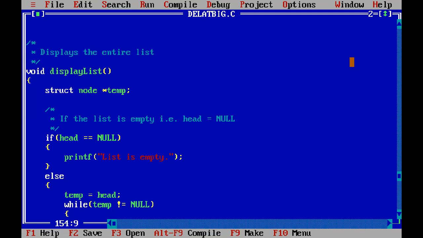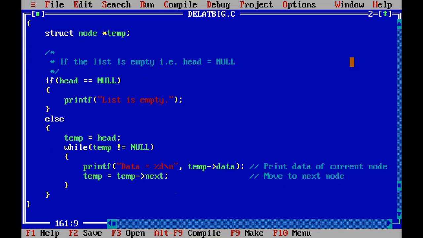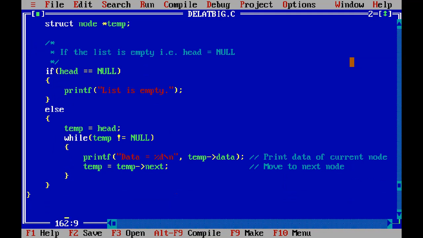Temp will be null in the last node, where the node stores a null value in the address part. Okay, then it will display the data of temp. The first time temp is head, so it will display the head data. Then temp equals temp next means it will move to the next node. This way it will display all the nodes' data. So this displays the nodes of the linked list.